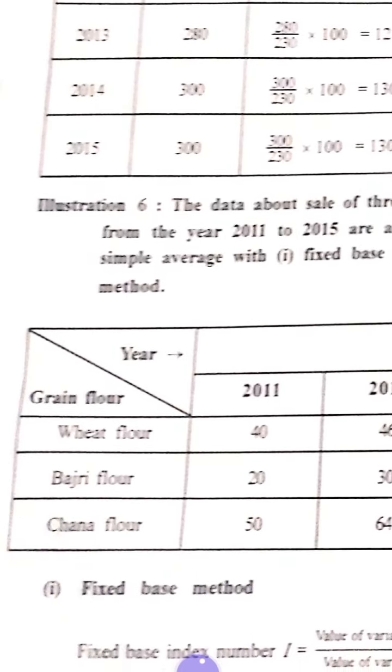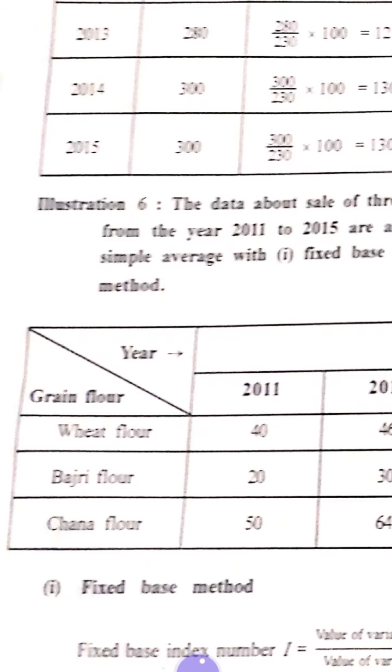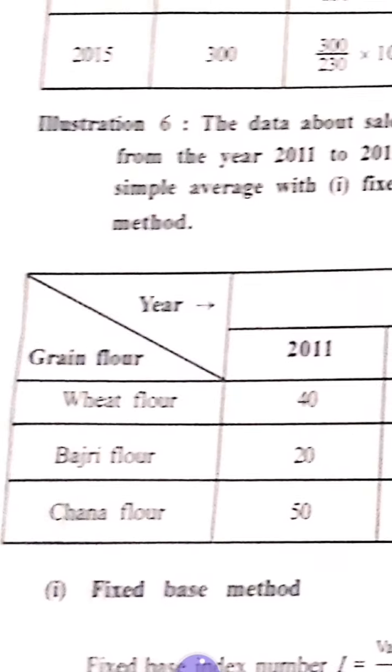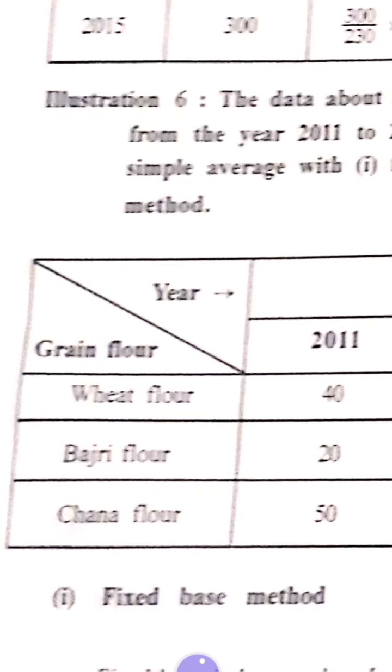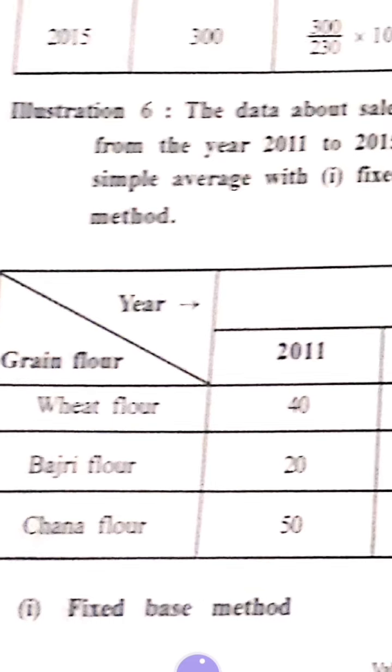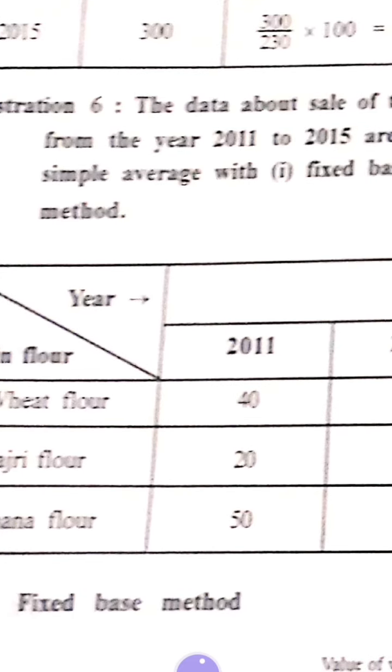So you see the sum over here. Now first of all, why the general price index number? Because over here 3 items have been given to you: wheat flour, bajri flour, and chana flour. Because 3 different items are there, that's why we are going to find the general price index number in this sum. Again, over here the base year, they have told us to take it as